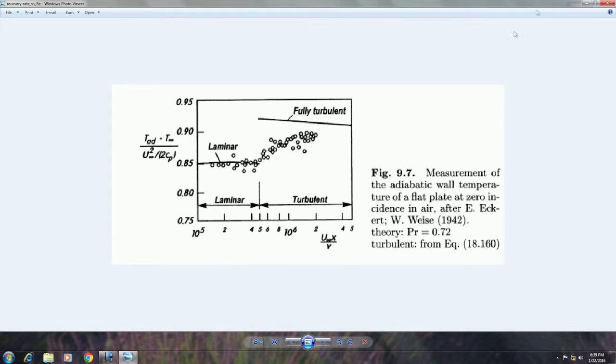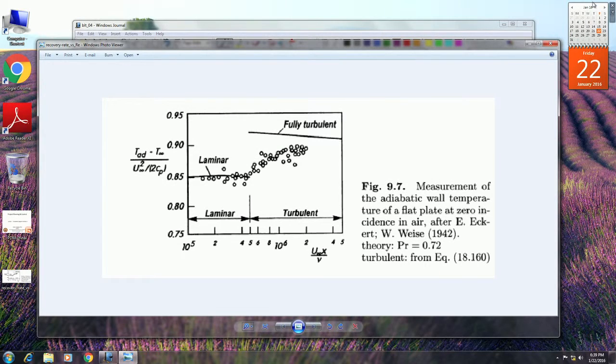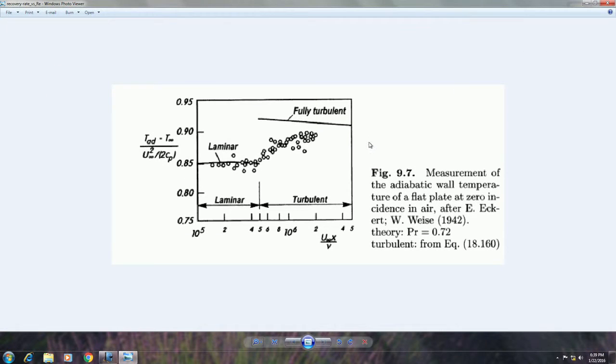Okay, fine. So if you look at this plot here, what you basically see on the y-axis is the recovery factor, (T_ad minus T infinity) divided by (U infinity squared by 2Cp), and on the horizontal axis is essentially the Reynolds number. You can see that this is the laminar zone,